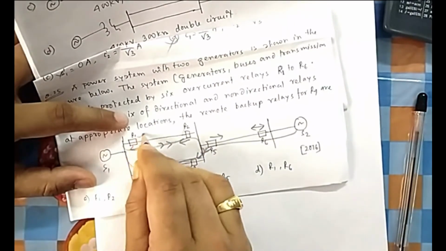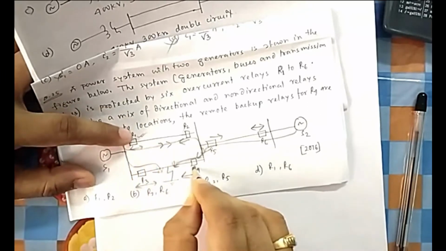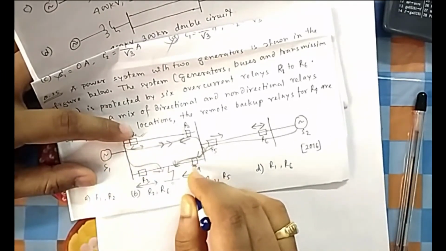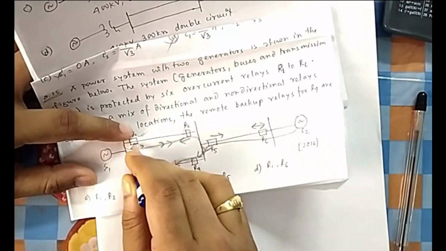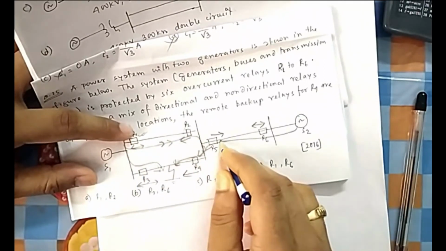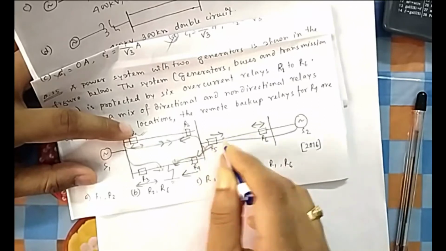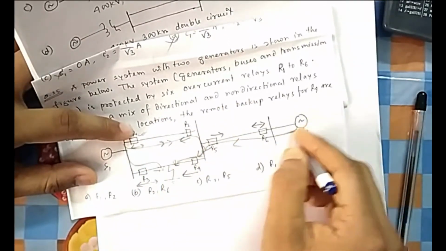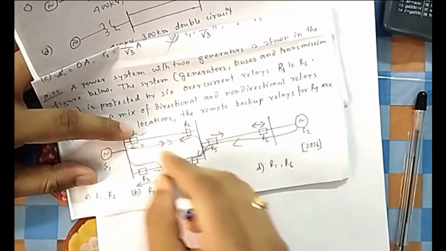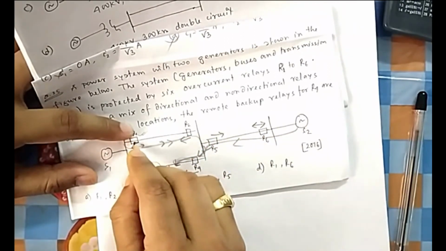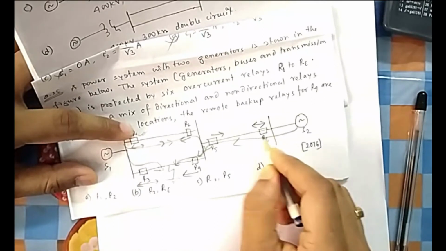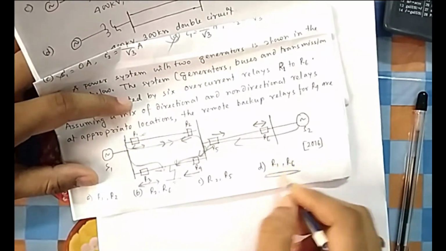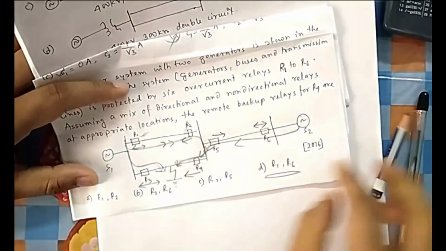So which will trip? R1 will trip. So R1 will be the backup for this one, because R1 trips in both directions. So if R4 doesn't trip, then this will not trip, this will trip. If R4 doesn't trip, R5 will not trip, because current is coming this way, you can see. But R5 is given in this direction. Because there is a fault, all current will rush through all possible paths. So this will trip, and then R6 will trip. You see, R6 is also working. So which two are the backup of this one? R1 and R6. So this is a very important question.